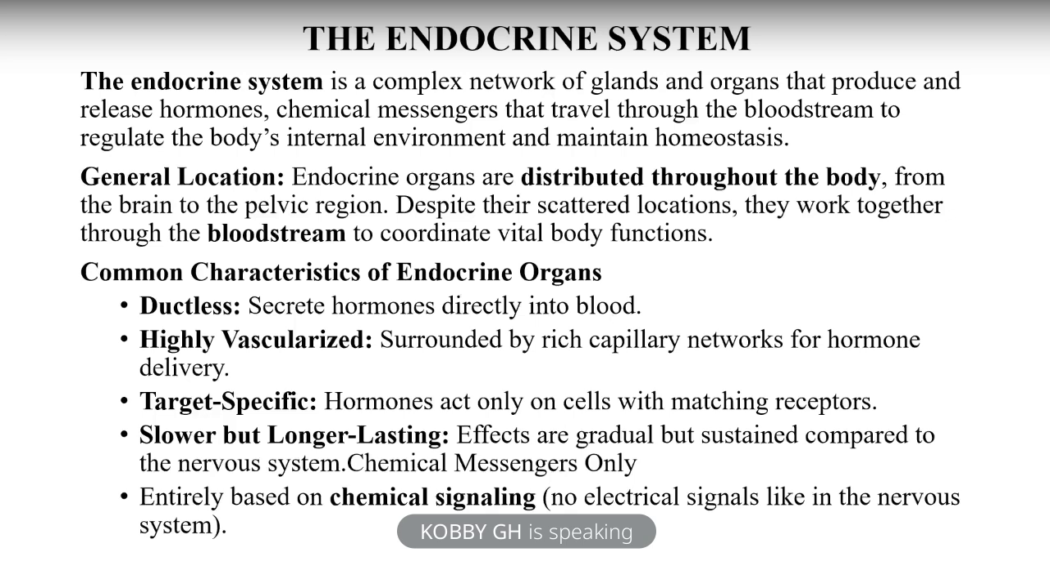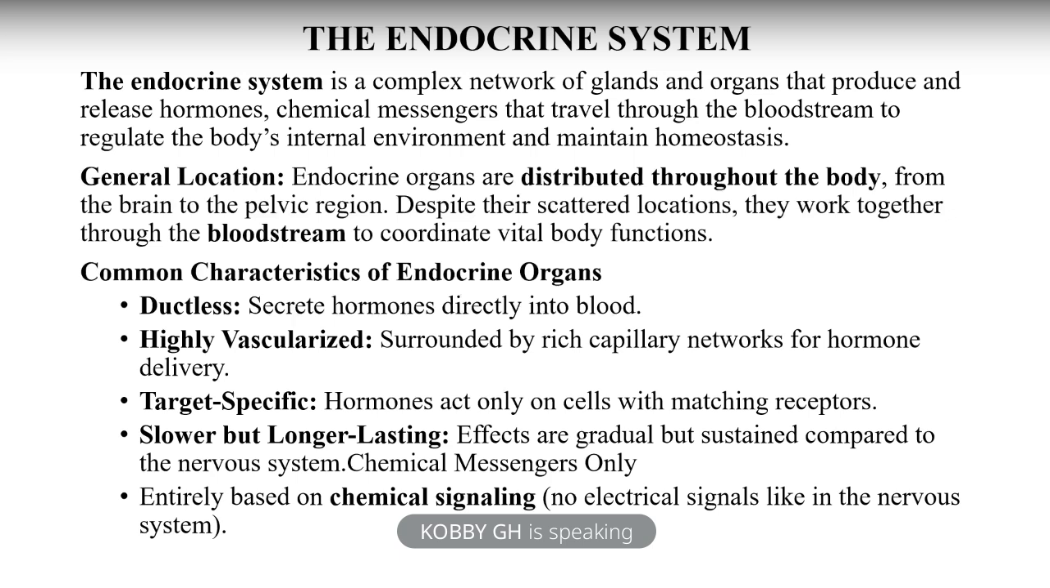For example, if you go to the digestive system, we have duct glands. For example, the salivary gland is a duct gland. Okay, it has a duct that it releases its secretions through. If you take the gallbladder, for example, it's also a duct organ. But the endocrine organs are ductless, meaning they